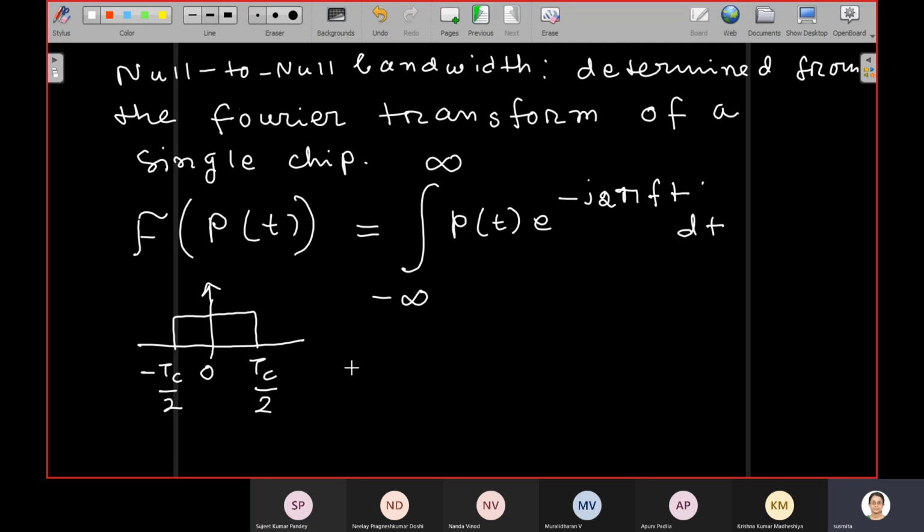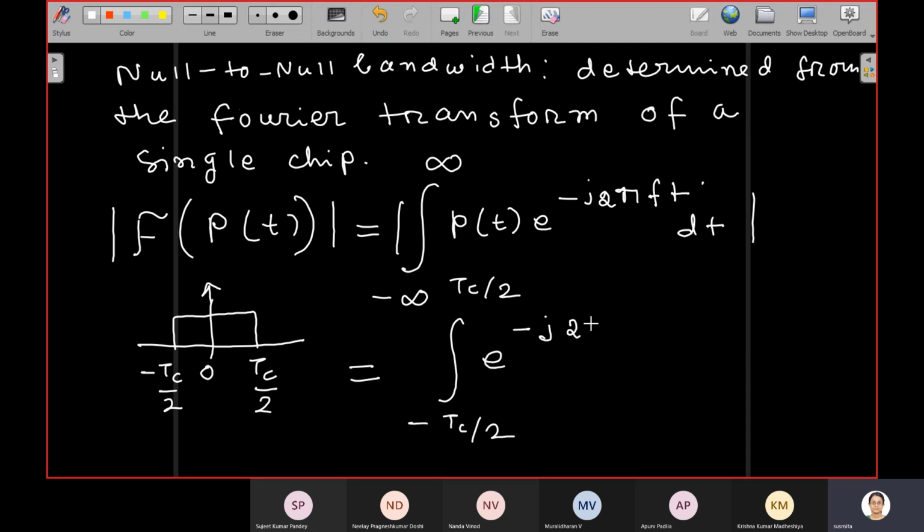Elsewhere it is 0. And within this, it can have one of the two values, plus or minus. Now since we are interested in actually the amplitude, it does not matter whether it is plus 1 or minus 1, we just need to consider plus 1. Okay, and if you do the integration, you will find that it is equal to